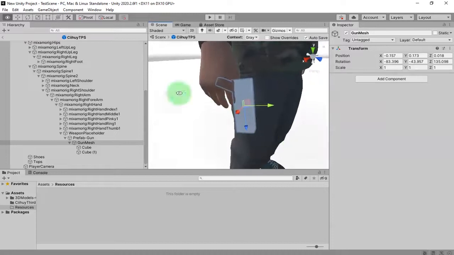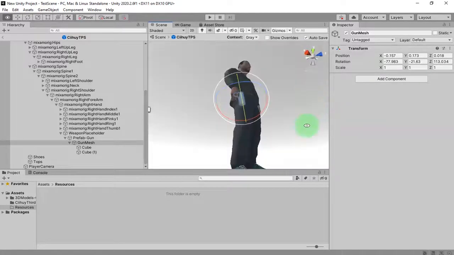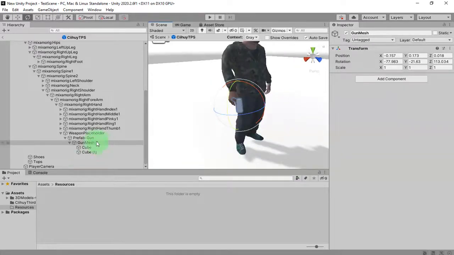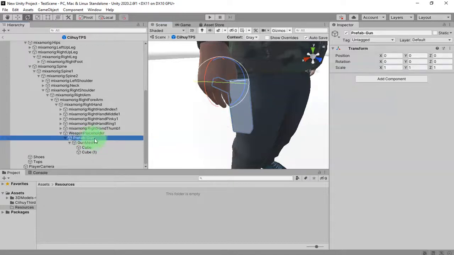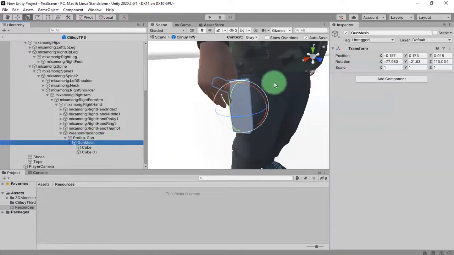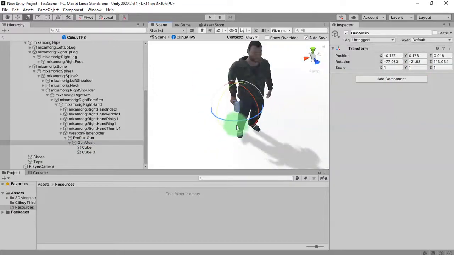This gun is too small because the character is scaled down, so the gun as its child is also small. Okay, I think it is fine. The prefab gun object has 000 position and also 0 rotation, but the mesh has its own value that fits the position and rotation here in the hand.